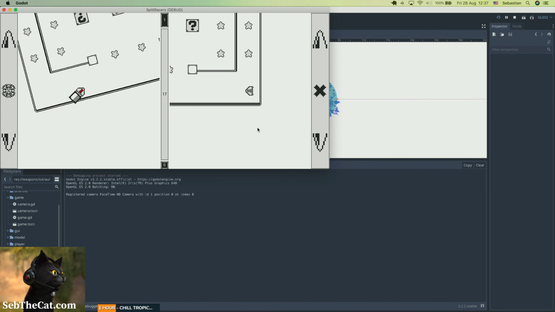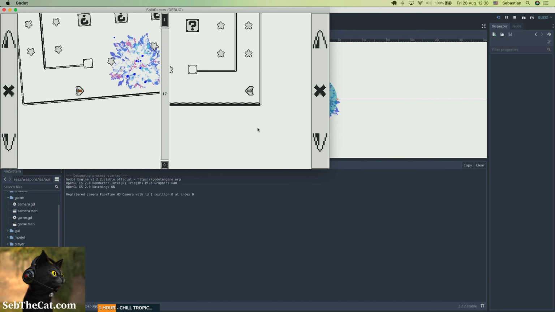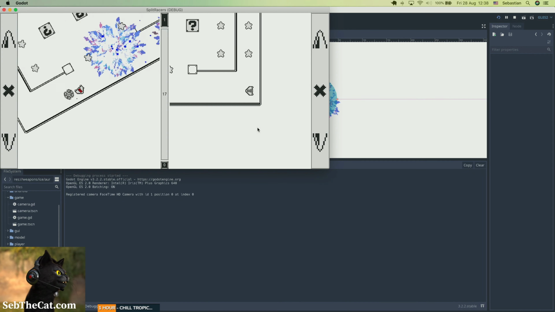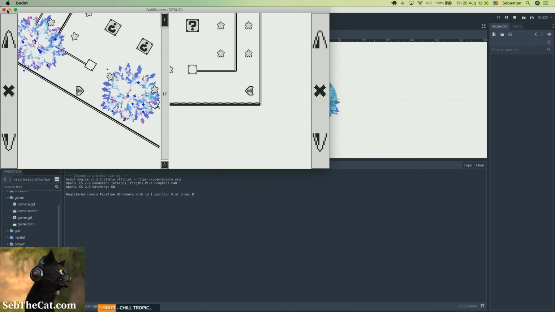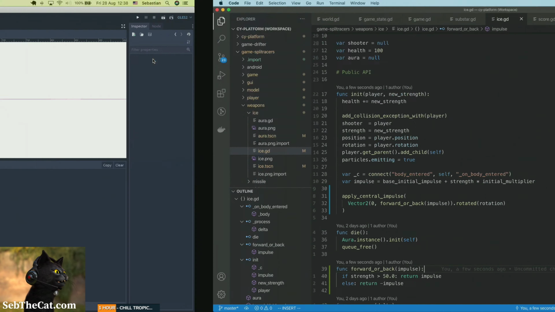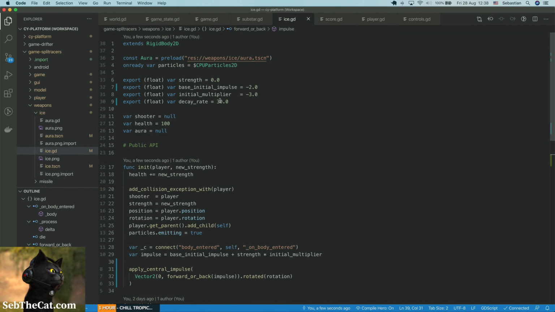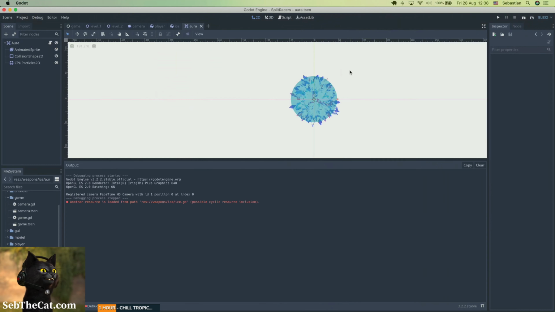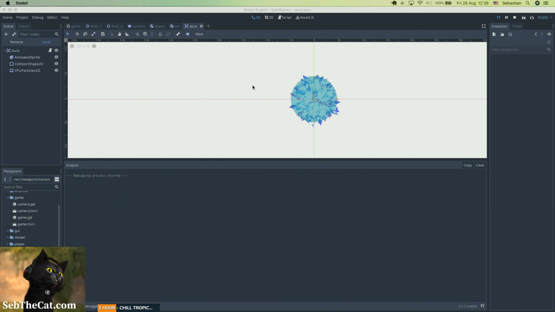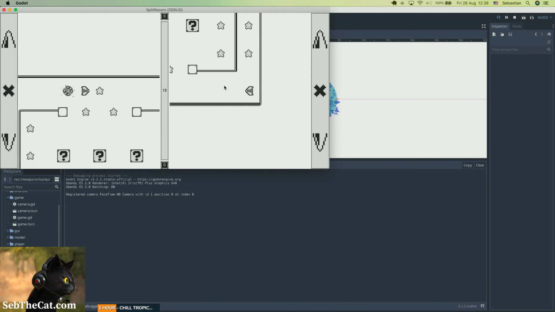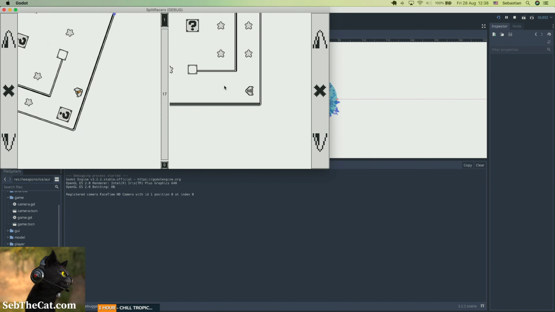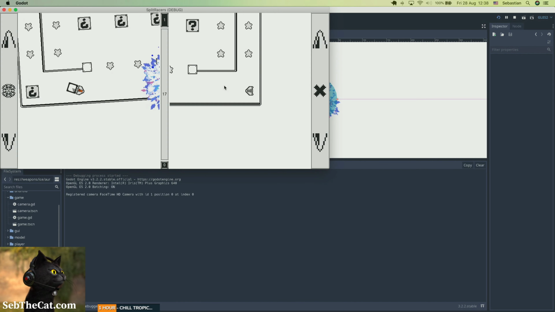If I power it up to just under, whoa, I can shoot it backwards. Smack. Okay, so I think that decay rate actually needs to go up, not down. Let's put it up to like 70 maybe. So I want the icicle to decay quite quickly and then explode. Yeah, I think that's nice. Right? So